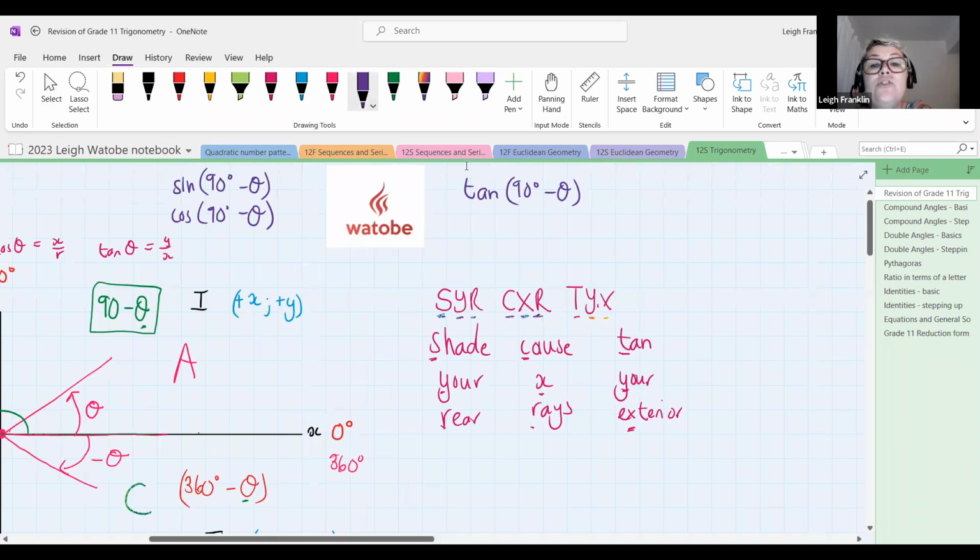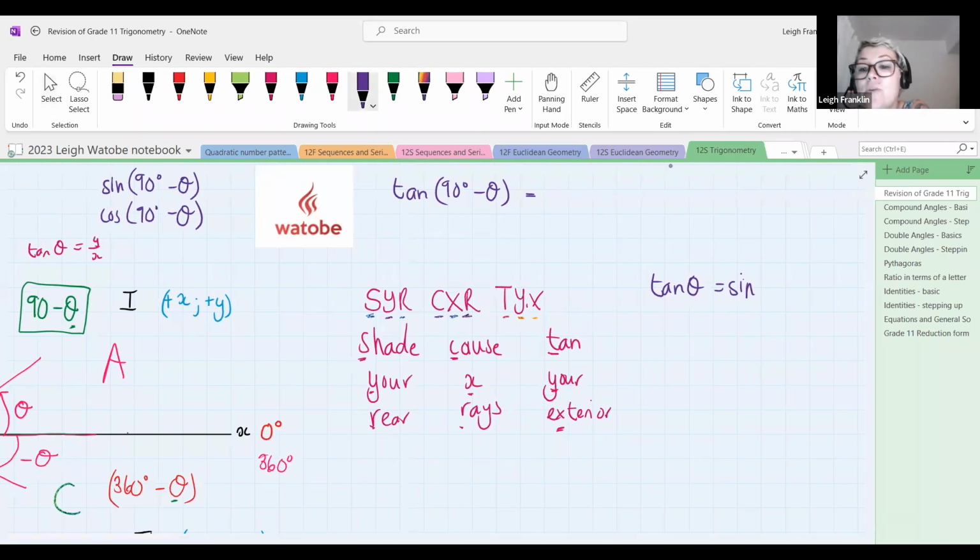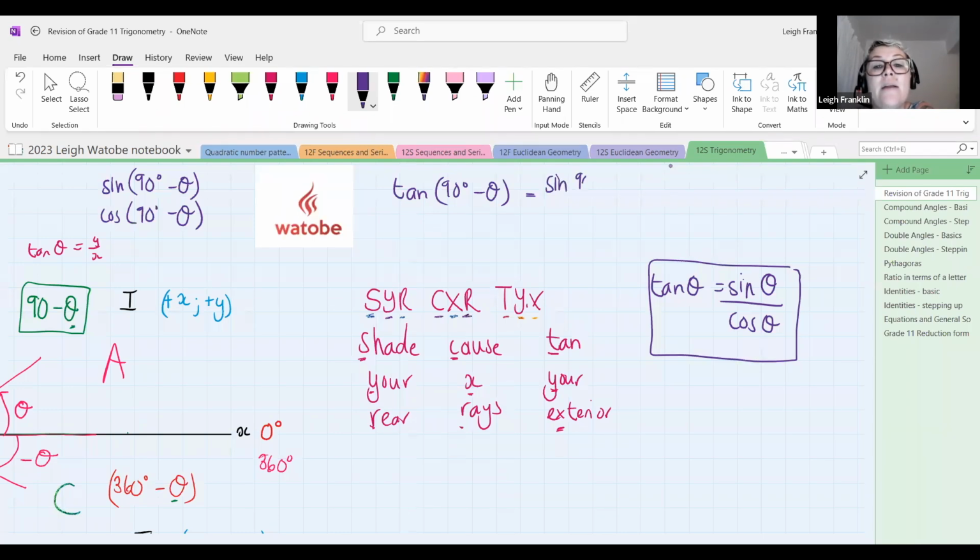what you would do here is use your tan ratio from grade 11. Do you remember tan theta was equal to sine theta over cos theta? That was our tan identity from grade 11. So if you did see tan of 90 minus theta, you would write that as sine 90 minus theta over cos 90 minus theta, and then you could simplify it